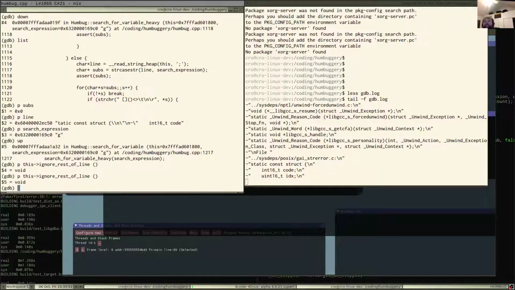Okay, so that doesn't have a G in it. That doesn't have a G in it either.